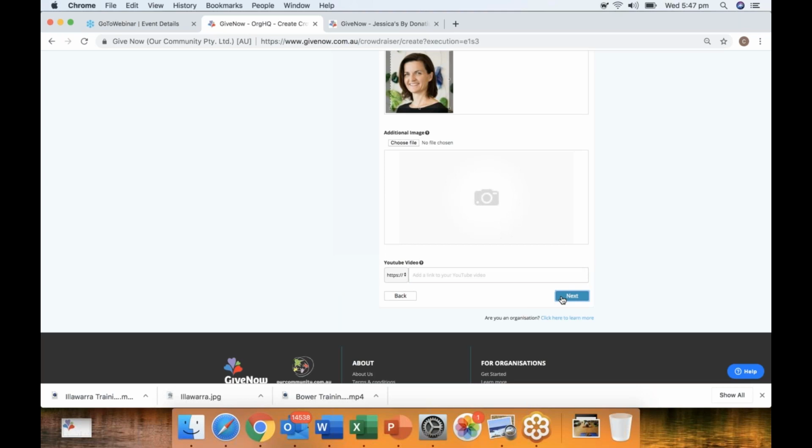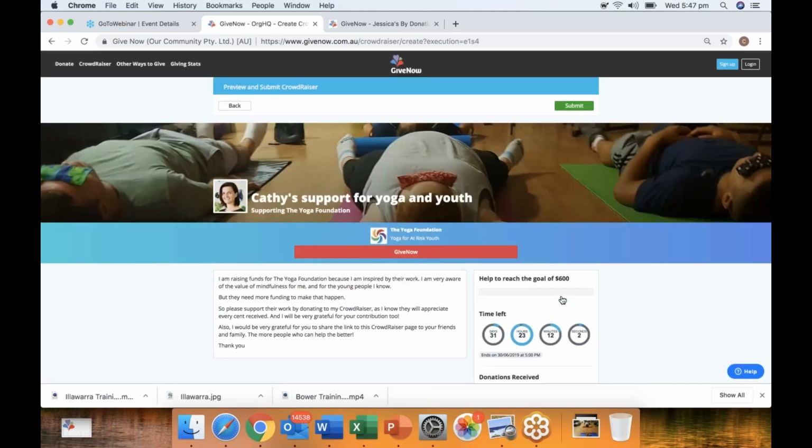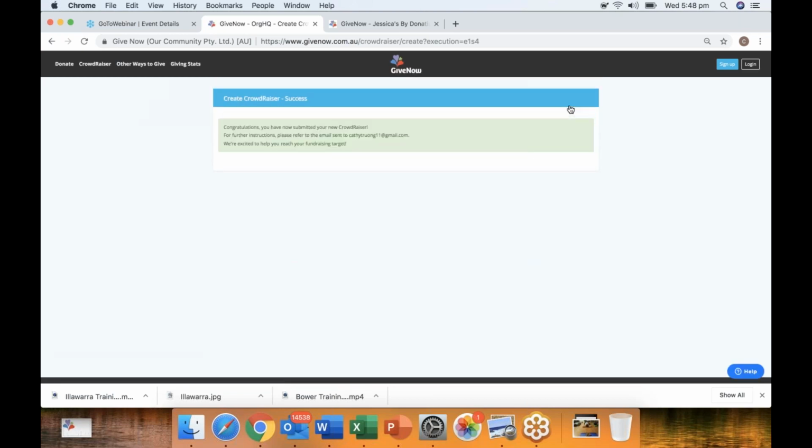There'll be no illusions from my people that I know that this is a page all about a request from me for donations to the Yoga Foundation. So you can see I've got my own title and images and all the words that I put in, and that's it. Once I hit submit, that request has now gone through to the system, and I can go and check